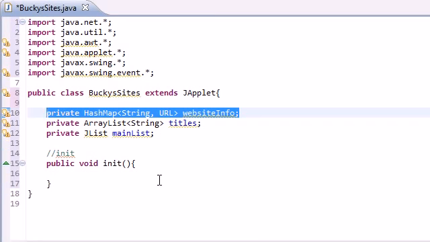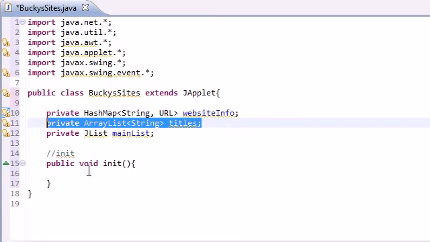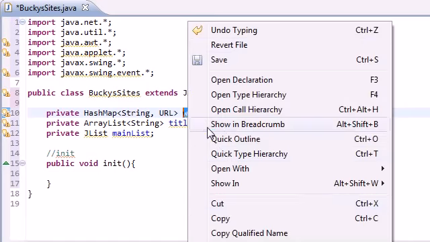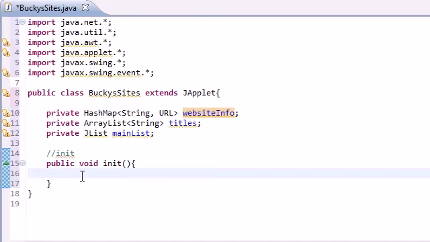Of course, the first thing we need to do is, now that we pretty much said, okay, Java, we're going to make a hash map and an array list, we might as well, in our init method, go ahead and make them, since we're always true to our promises. So this one was named website info. Let me just go ahead and copy that. So website info equals new hash map,